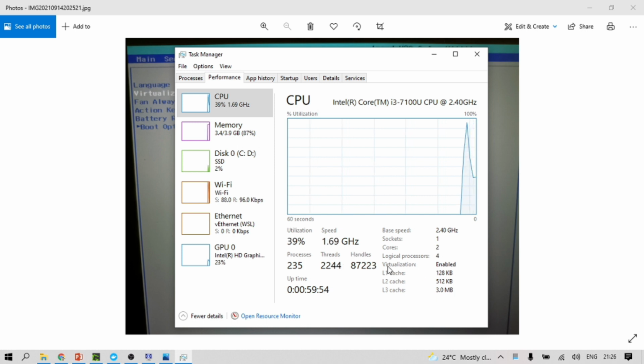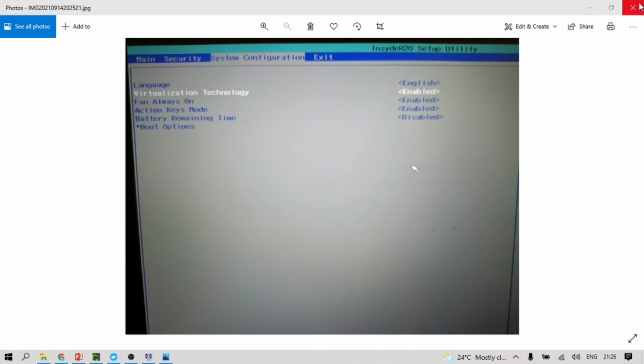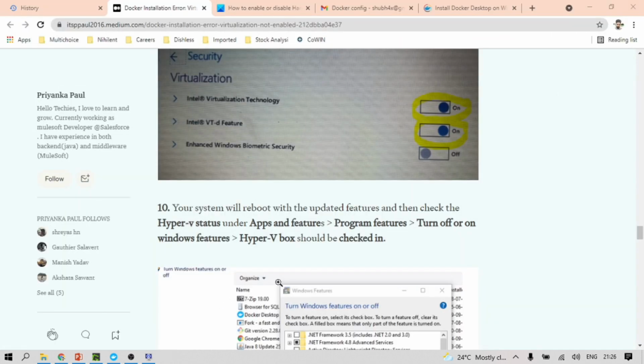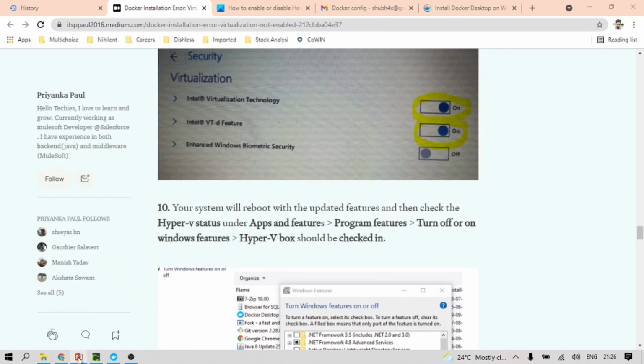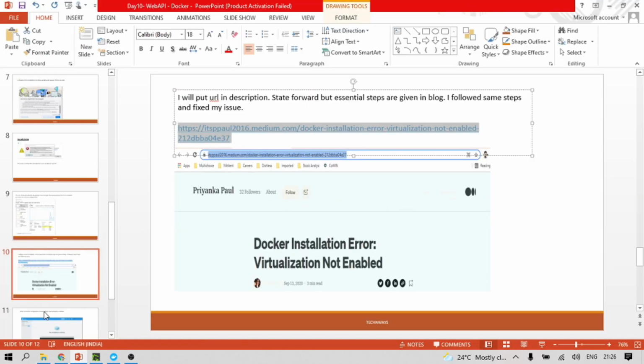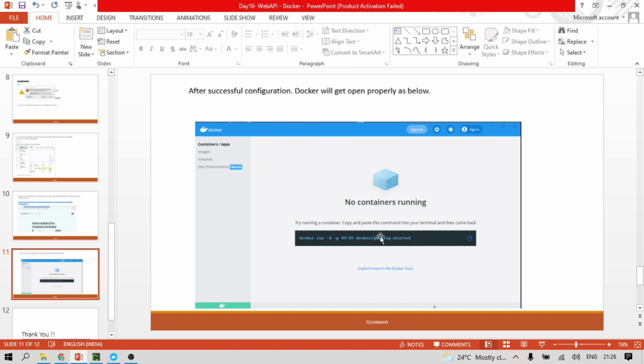Once your virtualization gets enabled, you would be able to run Docker on your system. Basically two things are required: virtualization and the Hyper-V extension for the Windows feature. Once both are enabled, you would be able to run Docker. After successful completion, Docker will appear this way.